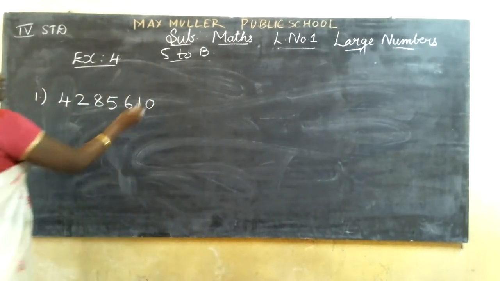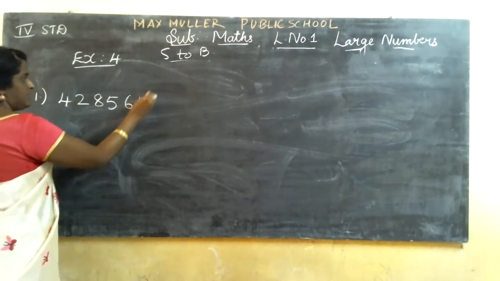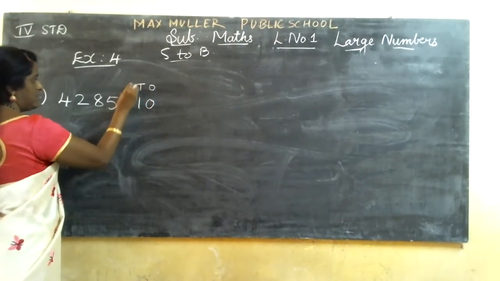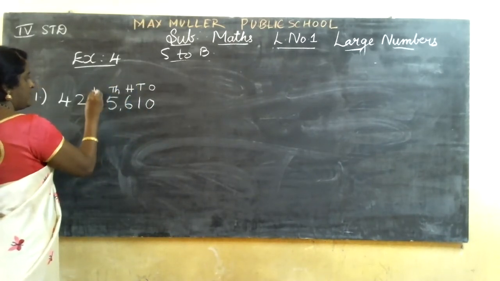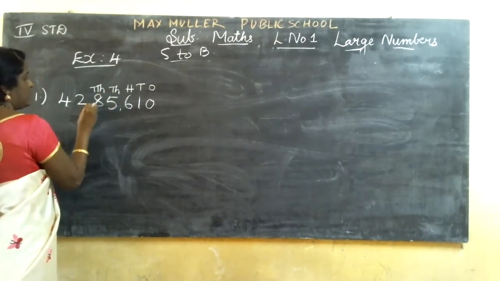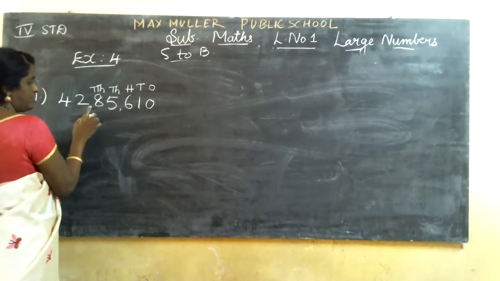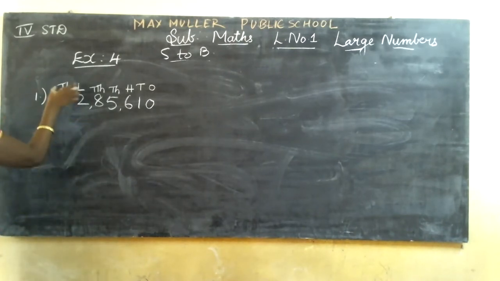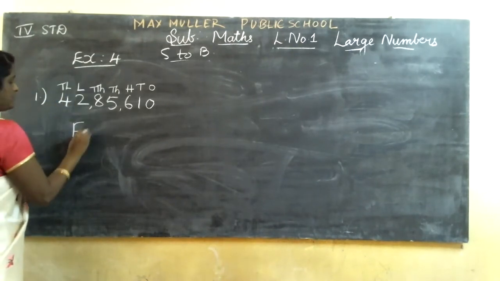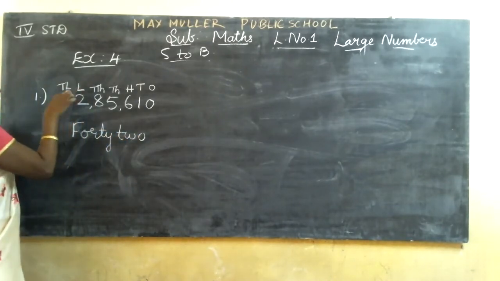I'll teach, that's all. Where you should put commas, because I have given it like this, all 1, 2, 3, 4, 5, 6, 7 digits. See, ones, tens, hundreds, after that a comma. These are all ones period. 1,000, 10,000, a comma. 1,000, 10,000 together. So here after hundreds a comma, after 10,000 a comma. This is lakh, 10 lakh. So if you join together, this is lakh, 10 lakh. So the 10 lakh place, what is it? 4, 42. So the answer is 42 lakhs.